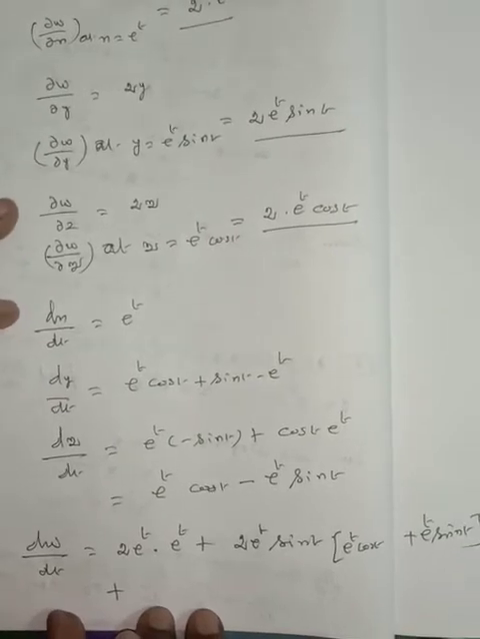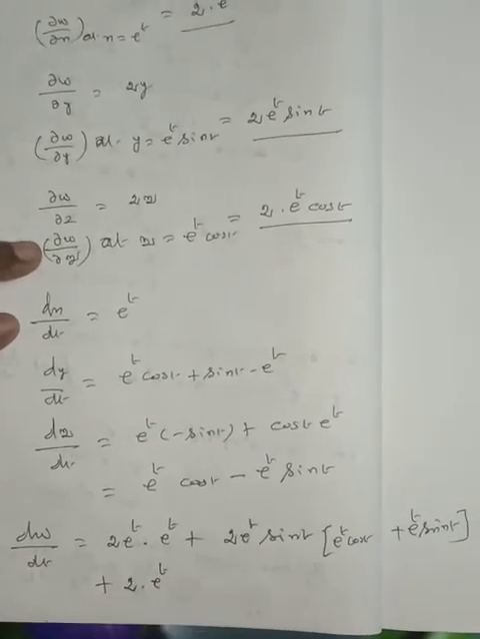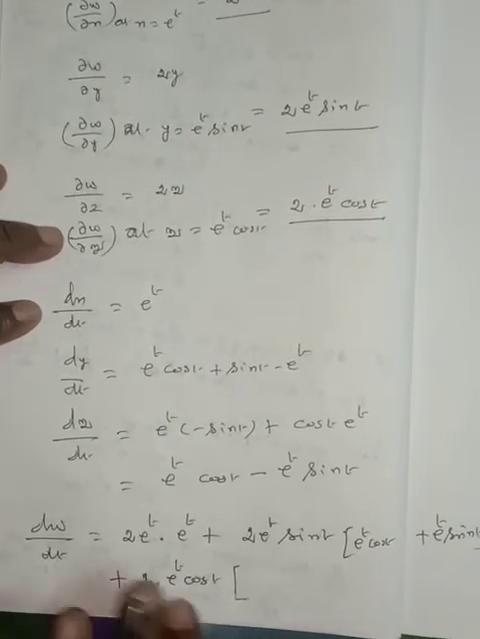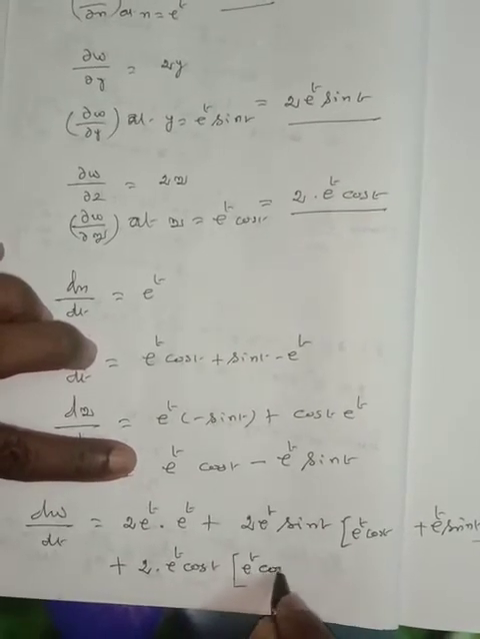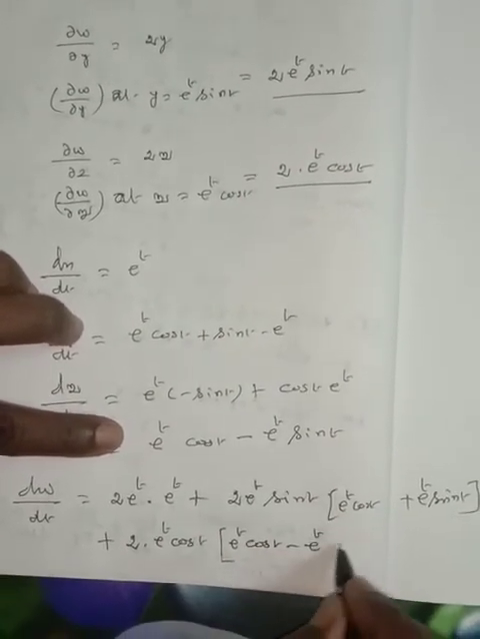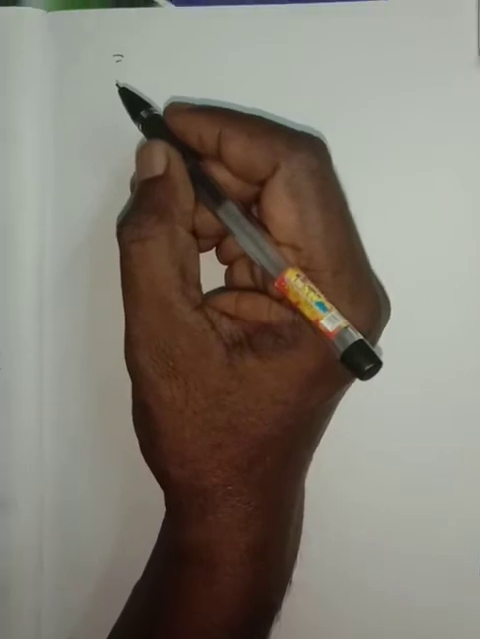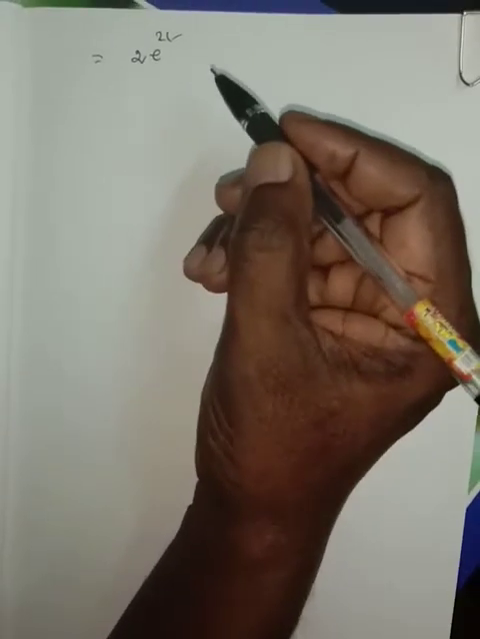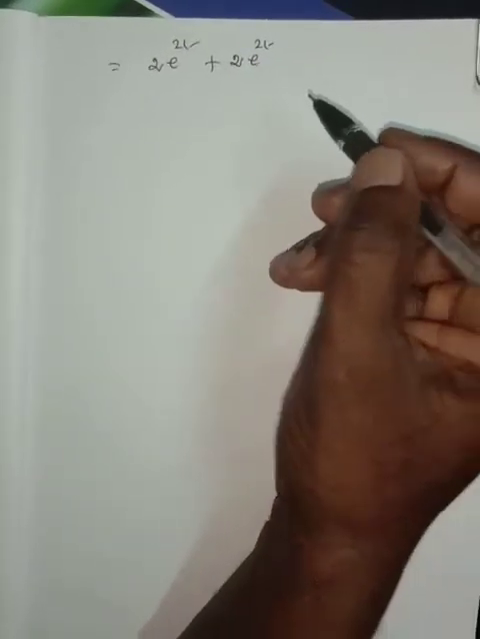plus dou w by dou z, 2 into e to the power of t cos t, into e to the power of t cos t minus e to the power of t sin t. First, 2 into e to the power of t into e to the power of t is e to the power of 2t, so 2 e to the power of 2t, plus 2 e to the power of 2t sin t cos t,